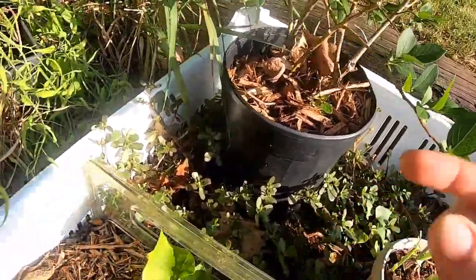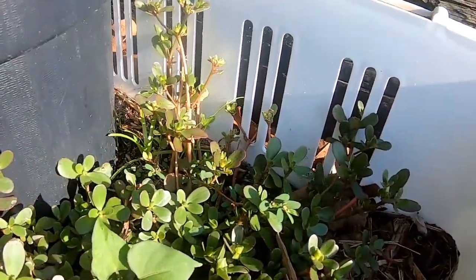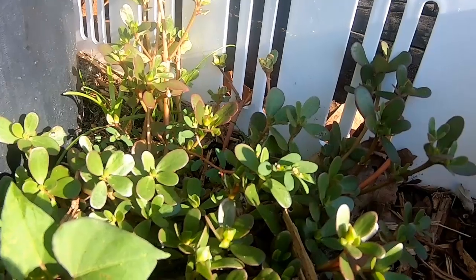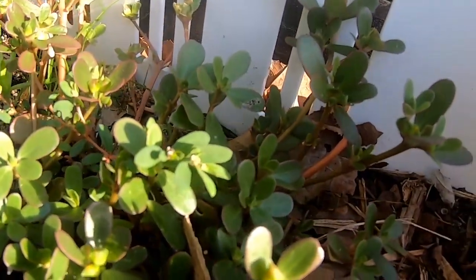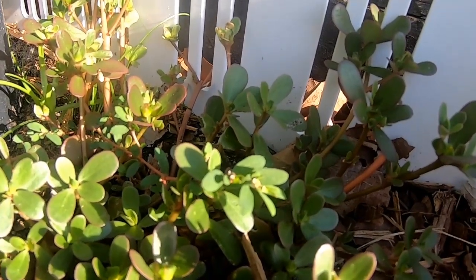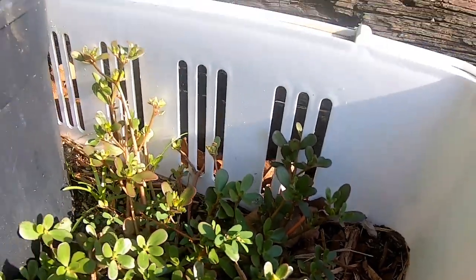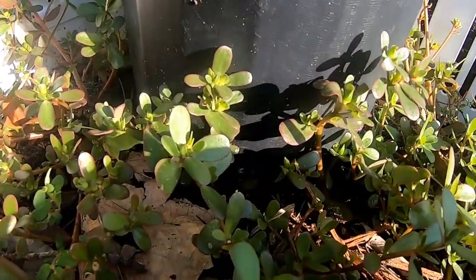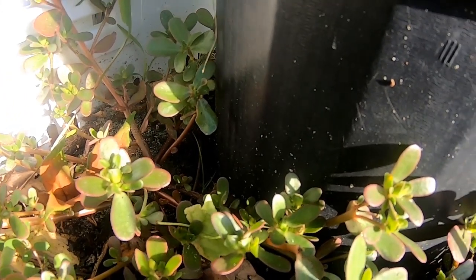This is more sweet potatoes in here, but it's not actually coming up yet. Right now, what's in there is purslane and, oh, there's some sweet potato leaves right there. The big ones, and then the small leaves you see there are all purslane, and purslane is another weed that's very edible. It's high in omega-3s,